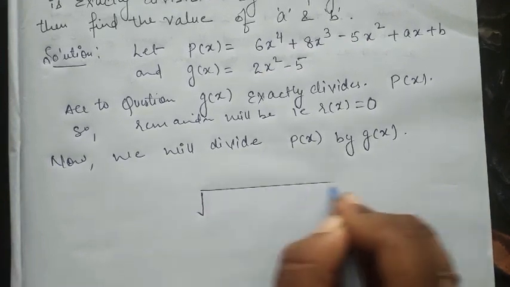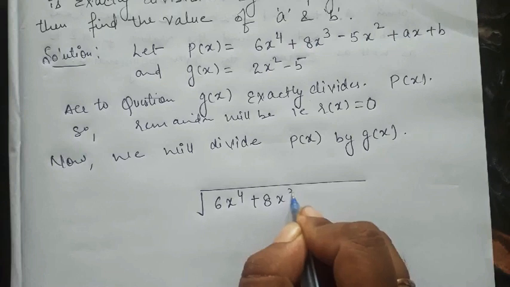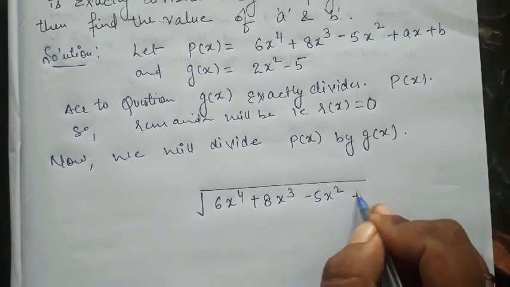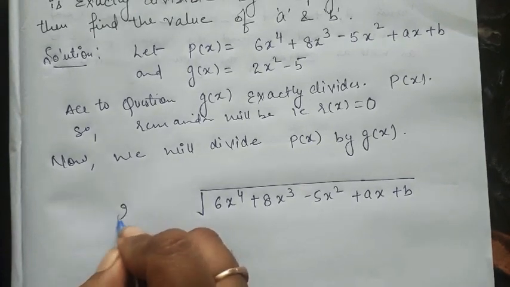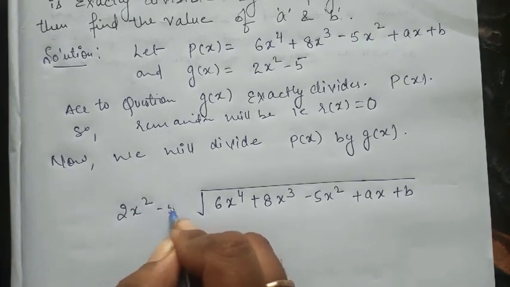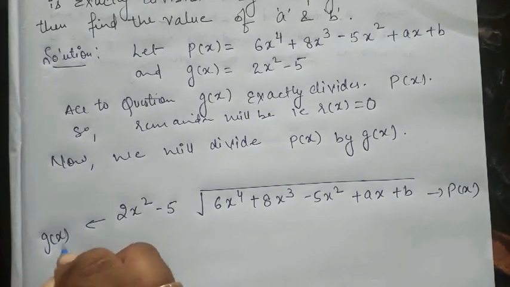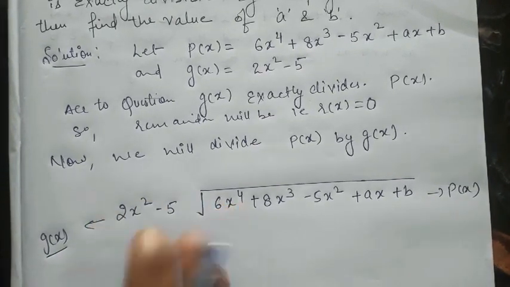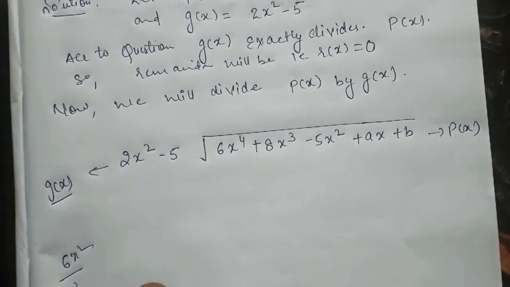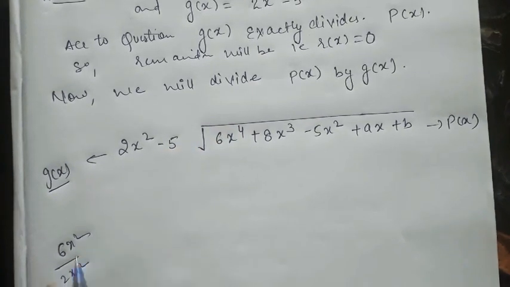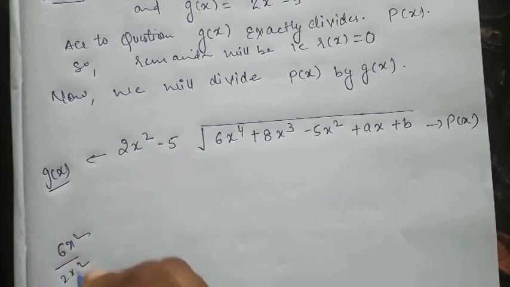See here, I've taken this thing inside: 8x cube minus 5x square plus ax plus b. The divisor is 2x square minus 5. Here it is p(x), and it's g(x). Now we will divide just by comparing the first term. First of all, we will divide this thing by the first term, okay, so that we can get the number by which the whole expression can be multiplied, that is